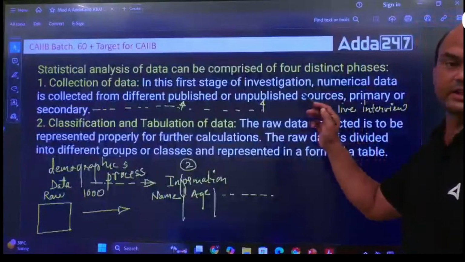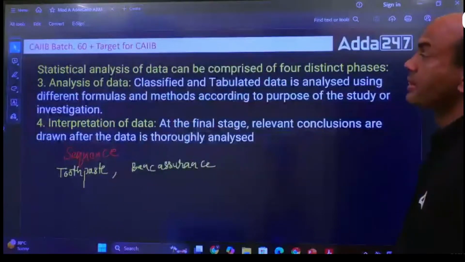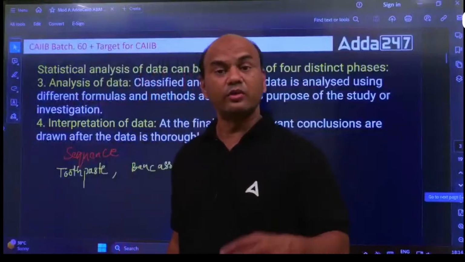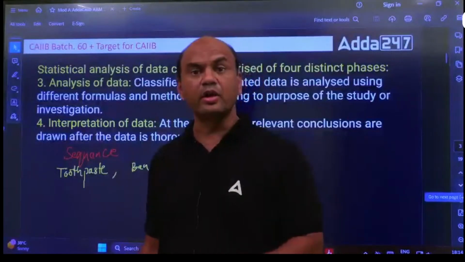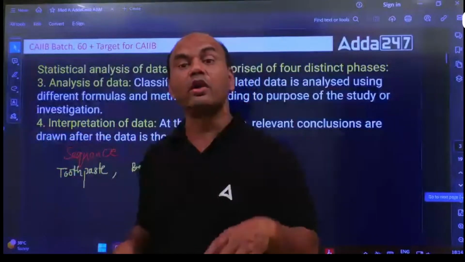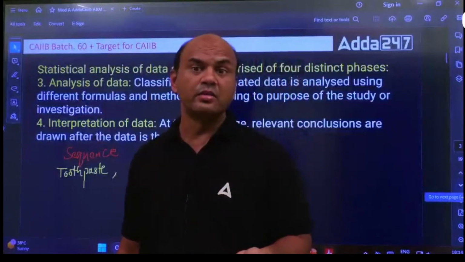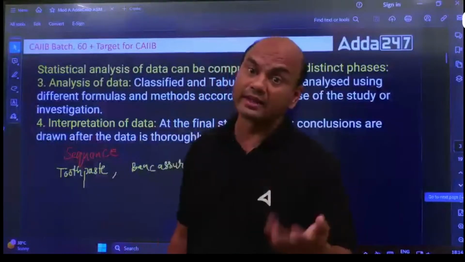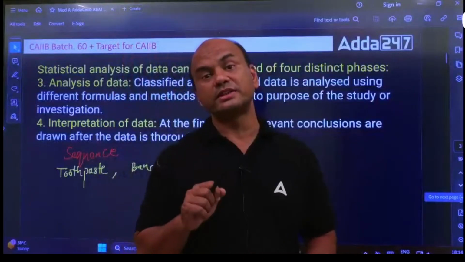So, part 1 was collection, part 2 is classification and tabulation. Now, part 3, analysis of data. Here it is used. I'll go into the table and see, out of these 1000 respondents, how many are males? Analysis. How many are females? Analysis. Or how many of them have salaries more than 40,000, less than 40,000, more than 1 lakh, like this. Analysis. So the use of data is always analysis.